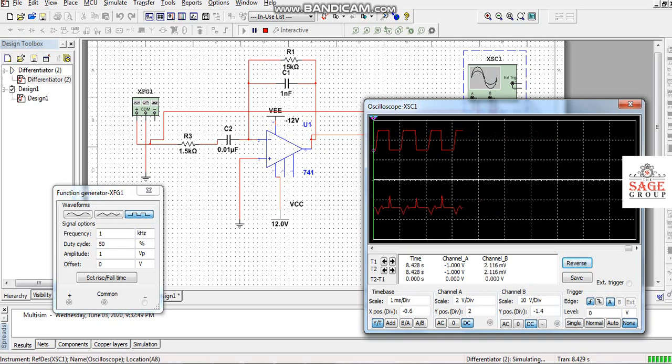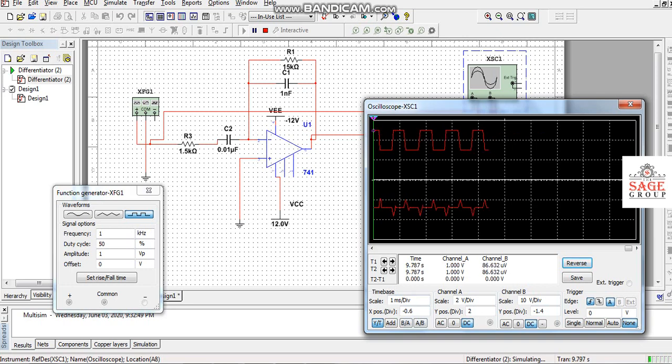In this way, this square waveform is converted into a spike signal. This is the main use of the differentiator circuit, for changing one particular waveform into another waveform.